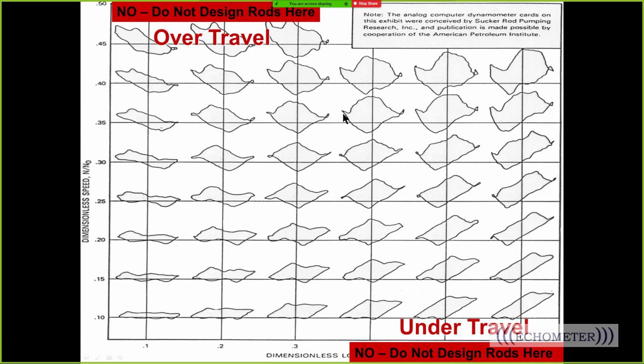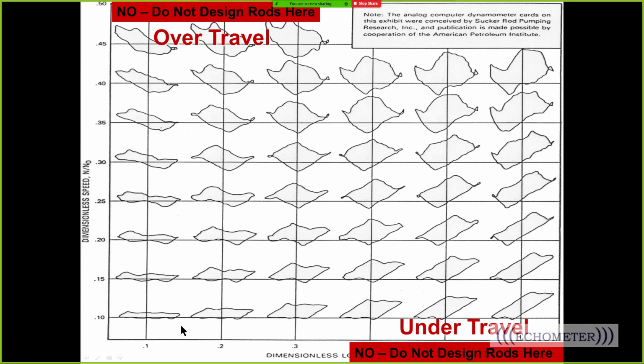Now, why is over travel and under travel important? Because what we found in the past is that if you have way too much over travel or way too much under travel, then you tend to have high failure rates. And this is a family of surface dynamometer cards that comes out of API RP 11, and it just shows